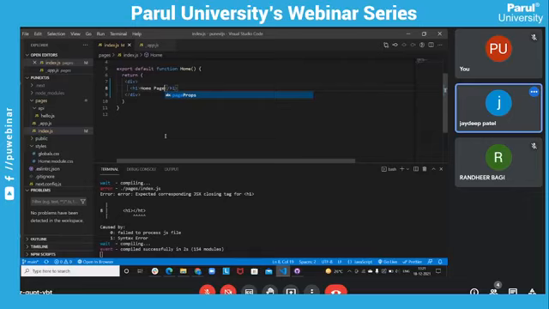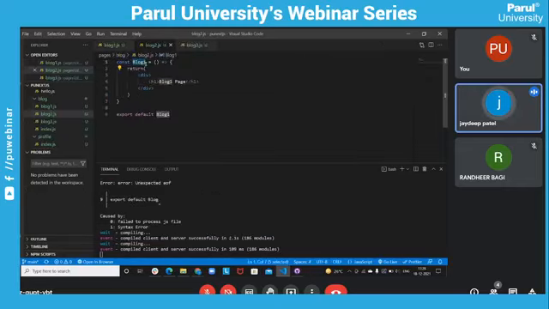Now go to blog 1. Copy and paste this code to all the blogs, and just change the name. It's blog 2.